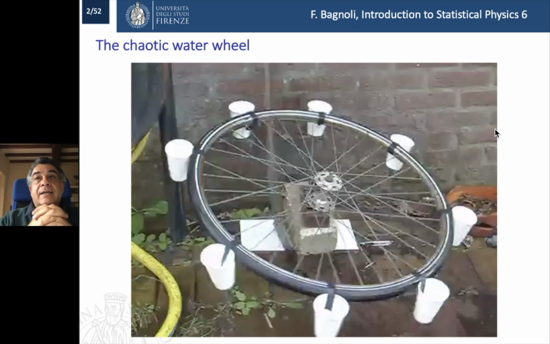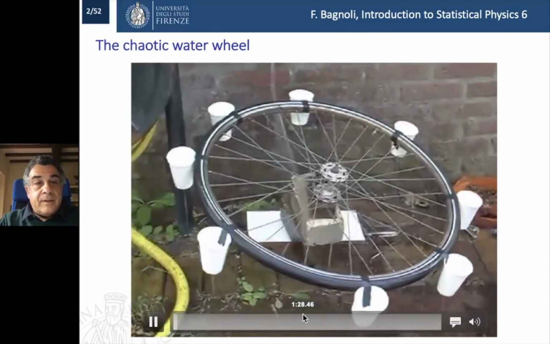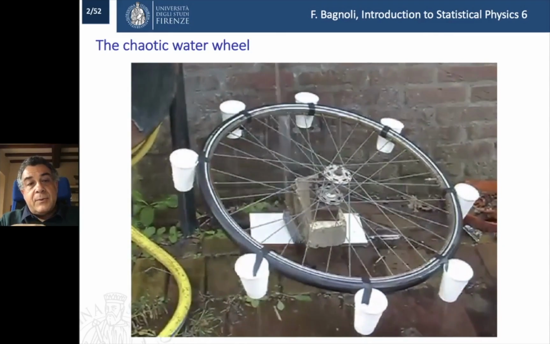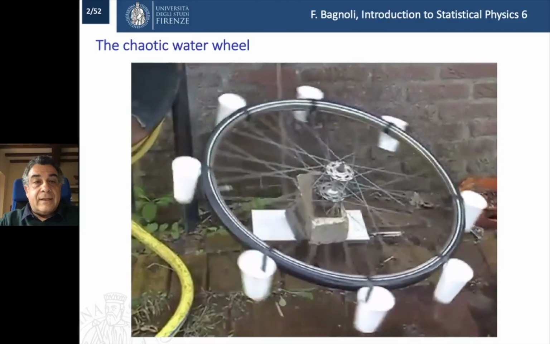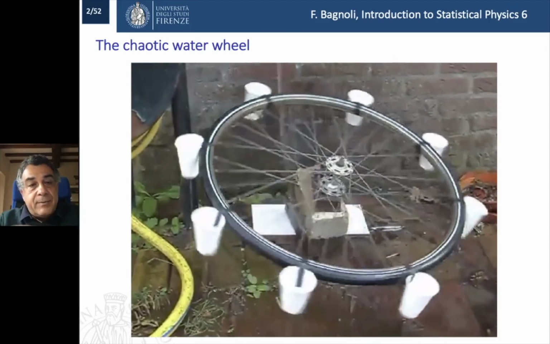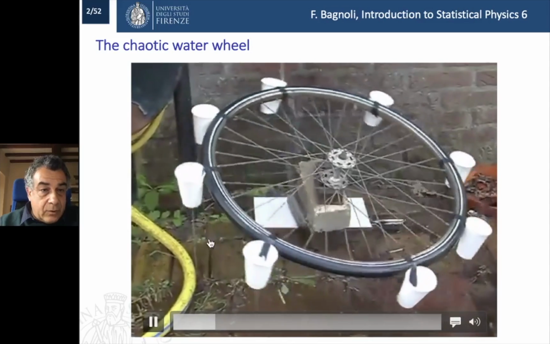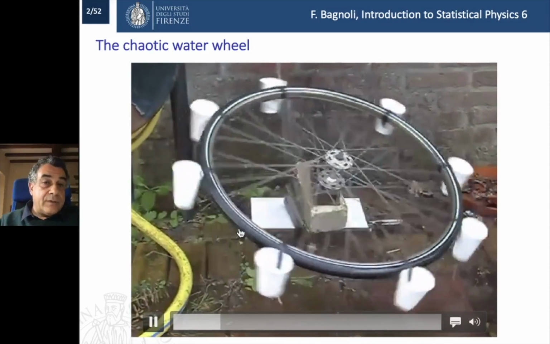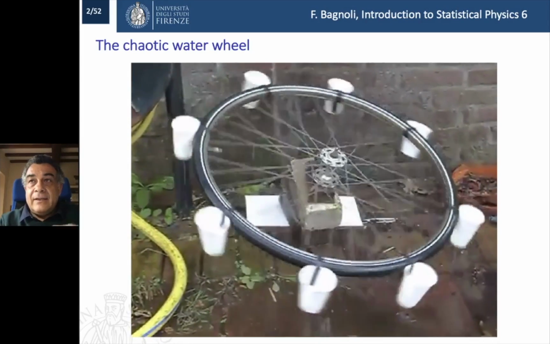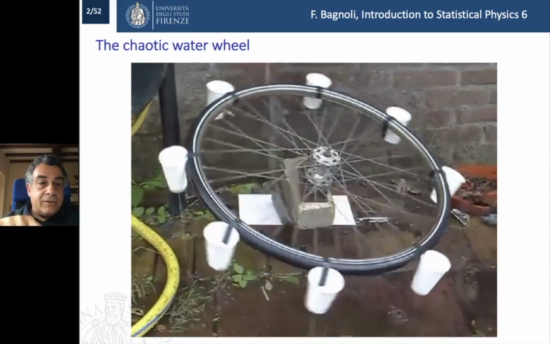Okay, so let us start with an experimental setup that you can try to reproduce. This is essentially a water wheel, but while in general water wheels are made in such a way as to turn always in a certain direction, this has been specifically designed to be as symmetric as possible so that it can turn easily in both directions. You see that each of these glasses has a little hole at the end so that they lose, say, water. They are not like in a standard water wheel where the water is released in the lower position. And you can notice that actually it turns for a certain amount of time in one direction, then turns back,